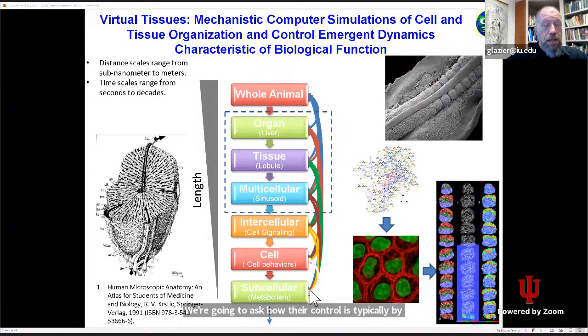Those could be metabolic networks, signaling networks, or gene regulatory networks. And then how those cells interact with their environment and change their environment themselves to build tissues, and potentially going to higher scales as well. In this example on the right, what we call a virtual tissue, this is an electron microscopy picture